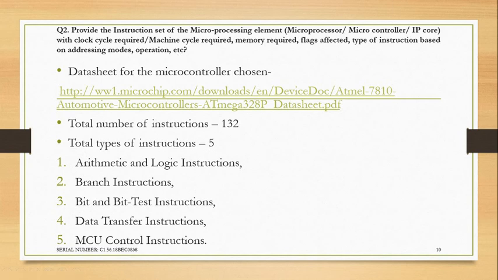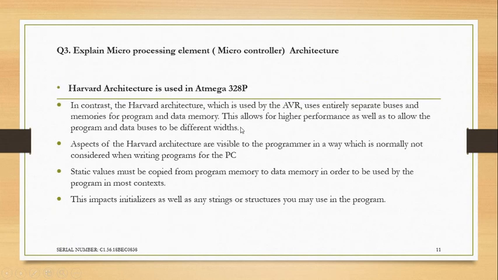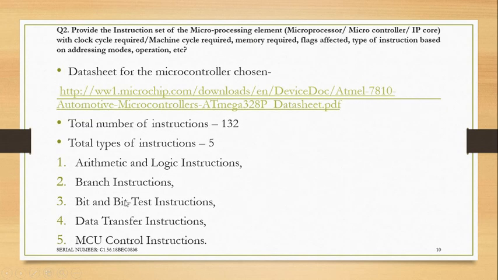The next question is to give the instruction set of the microcontroller chosen, and the machine cycles required, flags affected, type of instruction, and such things. You can see this is a hyperlink where you can find the datasheet which I used. There are a total of 132 instructions used. The number is very less because